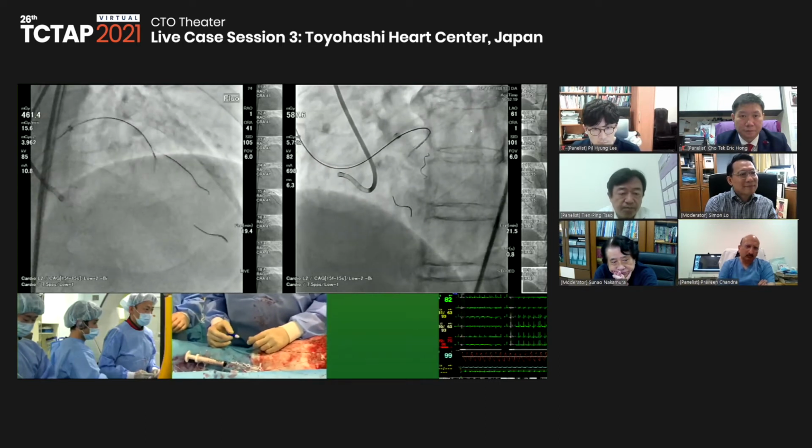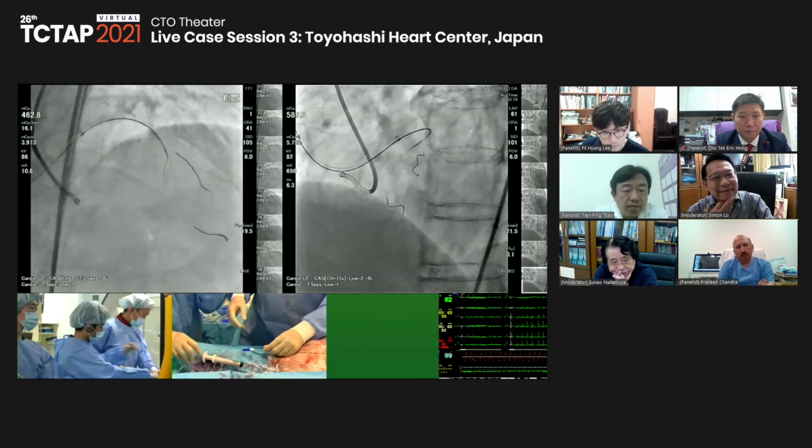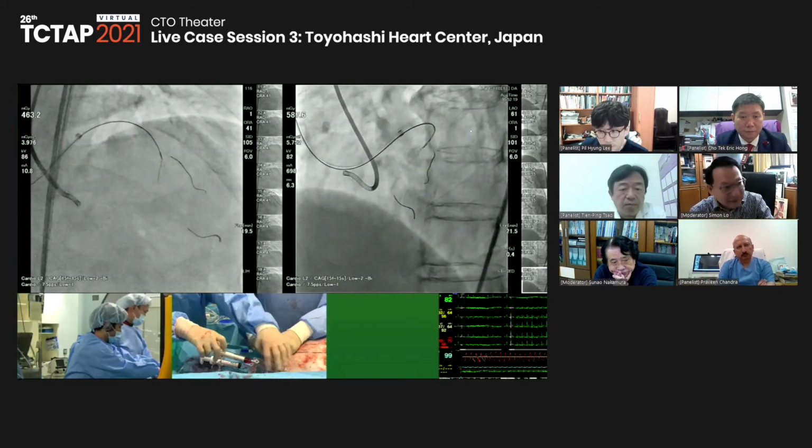Yeah, XTR is advanced gradually. So now it's time to check the contralateral injection.